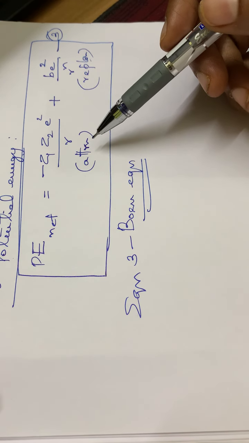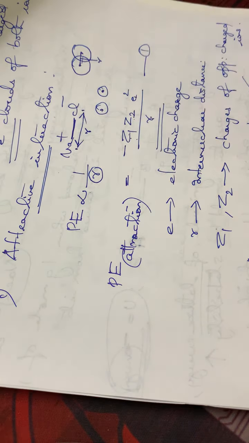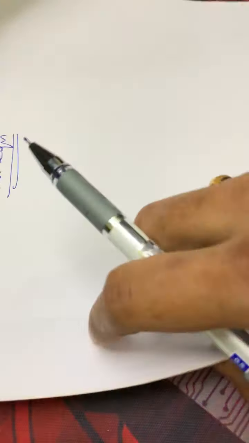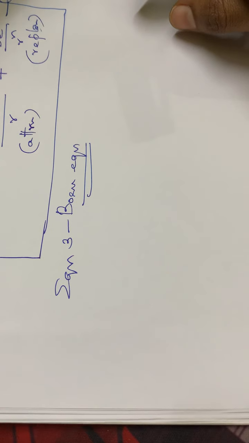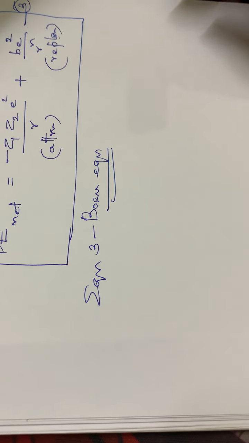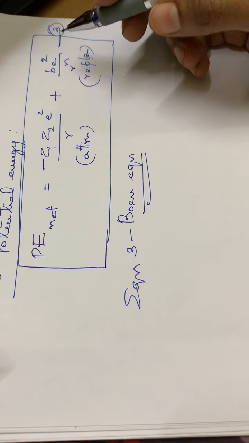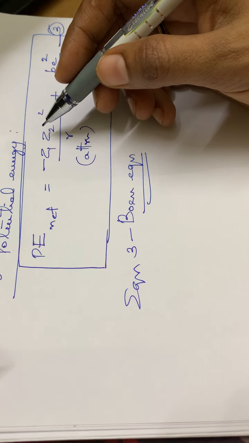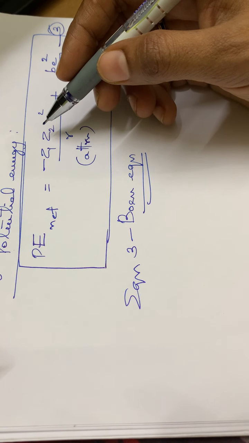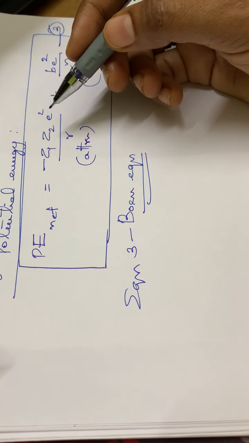Or if it is asked for a 4 mark question, you have to write all these things, that is the Born theory. While writing, you have to write the attractive interaction, the repulsive interaction, then the net potential energy. So this is the Born equation. There is a limitation for this Born equation: it considers only a single anion or a single cation kept at an infinite distance, then we can apply this Born equation, isn't it?